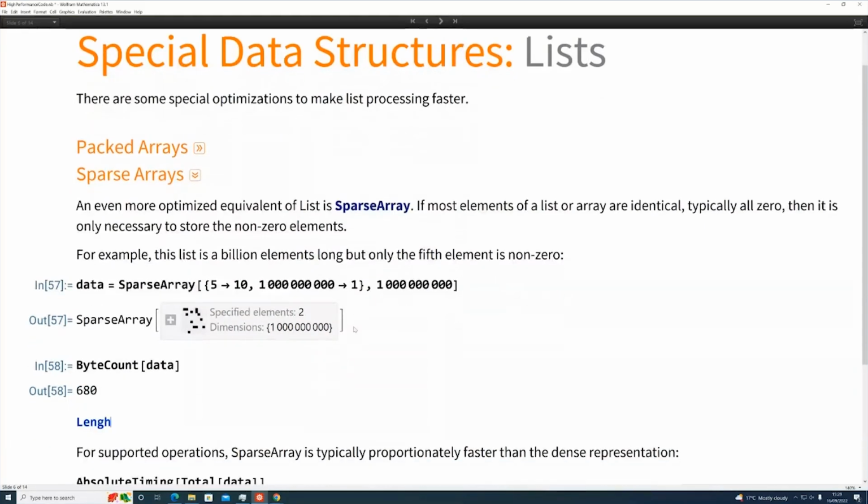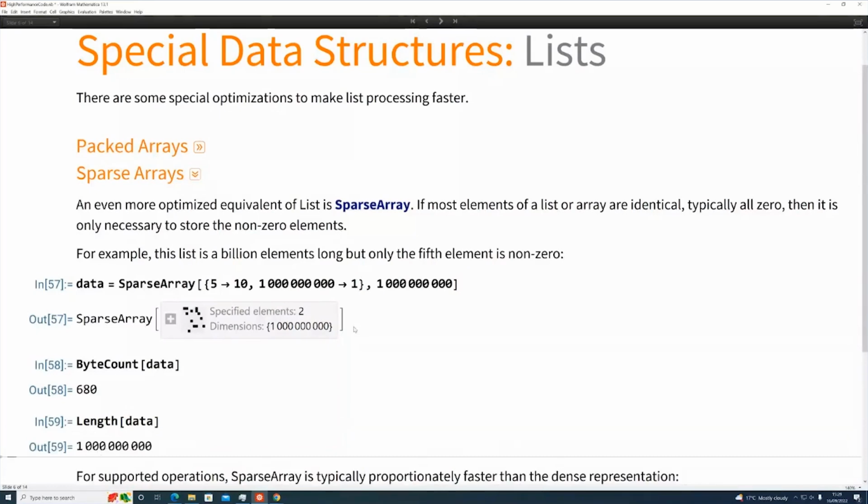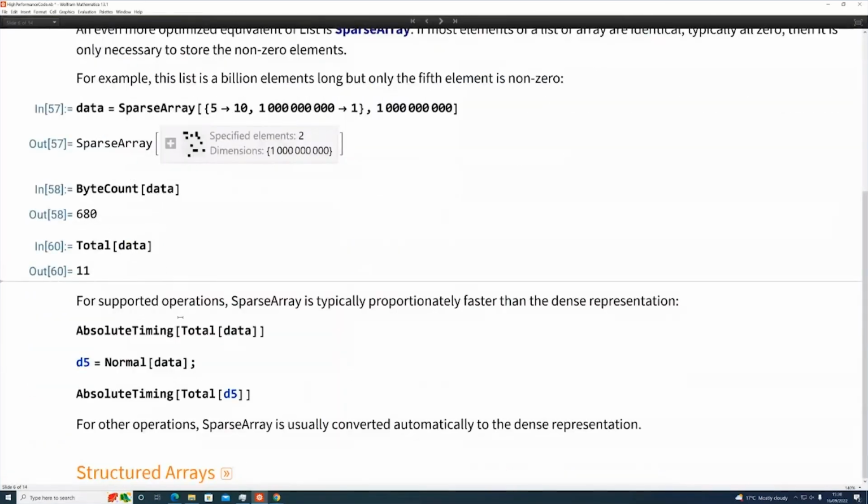But for all other purposes, for standard operations that are supported at least, which is not everything in the system, we can do things like what's the length of this or the total of that. So total, again, will be very, very fast because it has very little work to do compared to if this was a dense array where it has to visit every one of those zeros and add 0 to the total to see what that does to it. Now, there's a handful of operations that are highly optimized, like linear solve and determinants, that really know what to do with this,